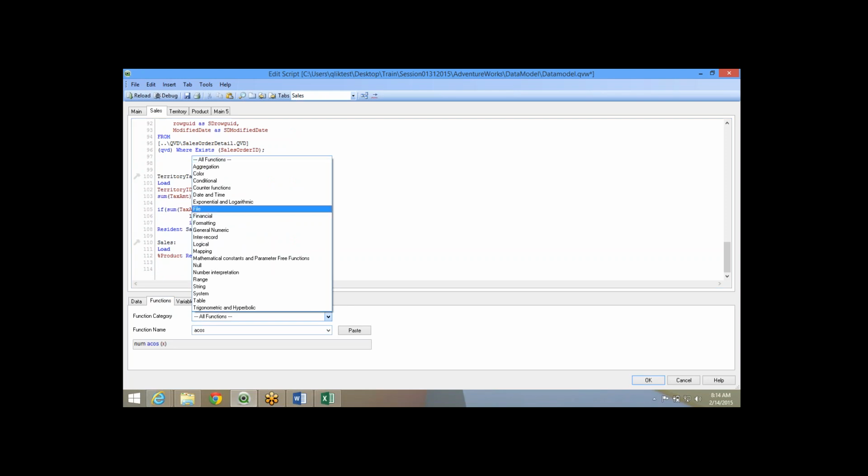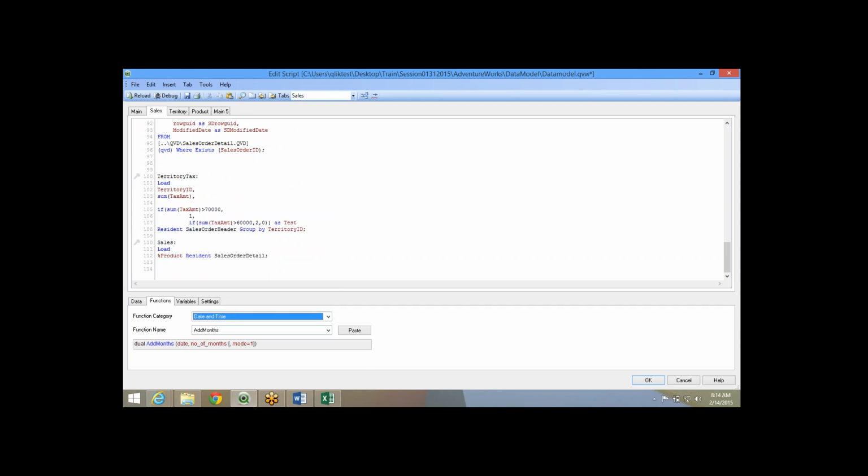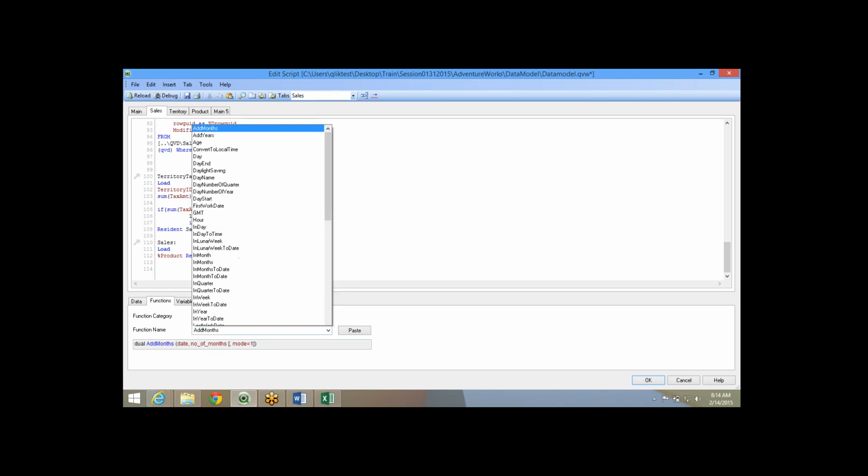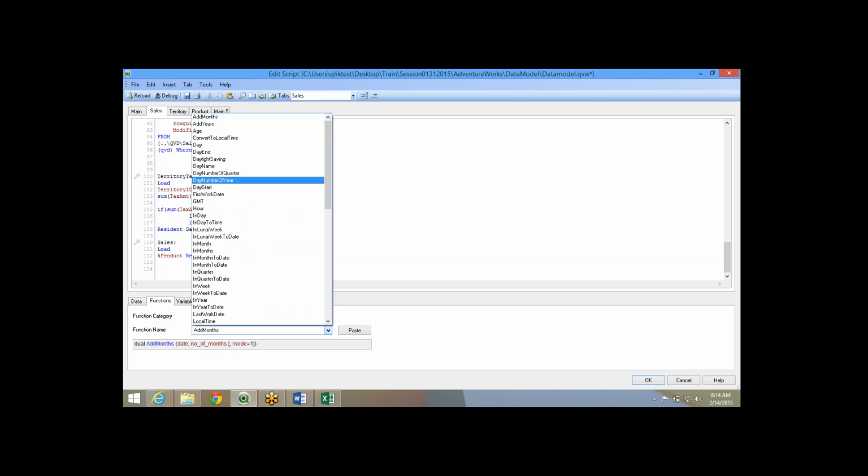So that's the counter. The next is the date time. In date time, there is a huge list of functions for dates and time, and day, number of quarter, number of year. These give you various parameters. So you can find out what a quarter is: quarter end, quarter start, quarter name. So today is